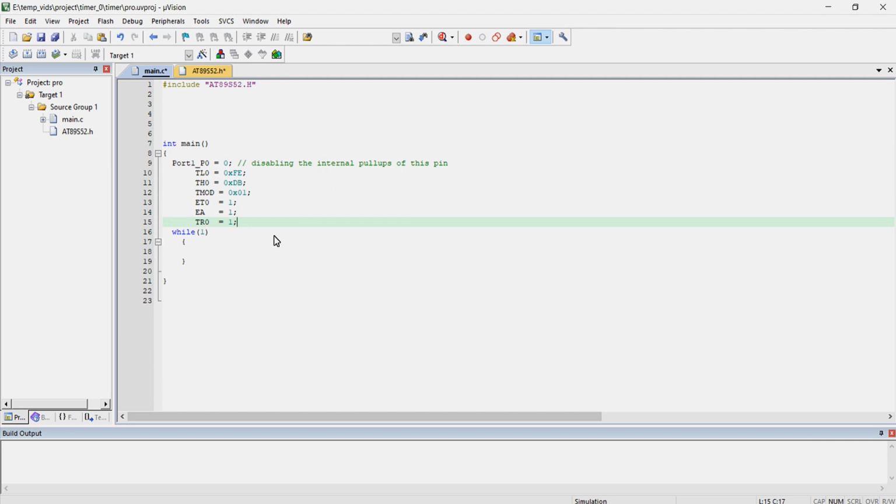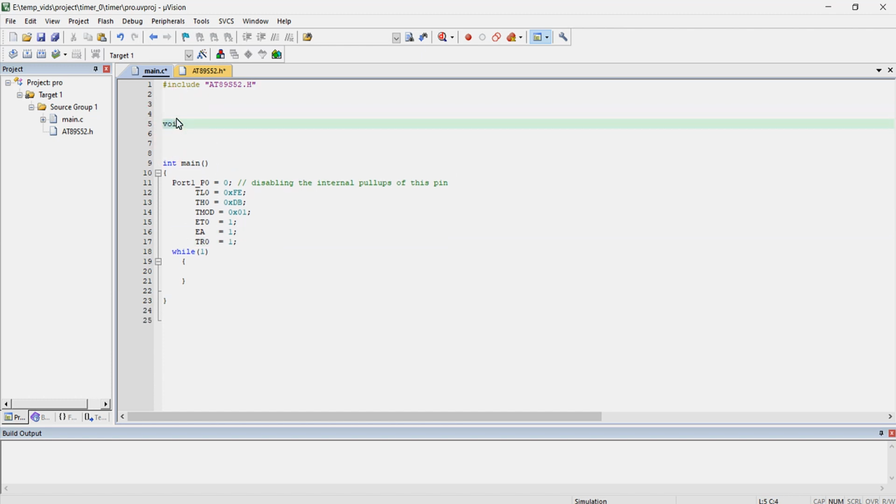Let's implement the timer interrupt subroutine. Similar to the interrupt function that we wrote in the external interrupt lecture, we are going to write the timer interrupt subroutine function also. Void, username, you can give whatever name you want here. I'm just giving it as SM Academy. Following that, you give the braces, and similar to the subroutine that we wrote in the external interrupt lecture, give a space here. Following that, you mention this is an interrupt function by writing the keyword interrupt.